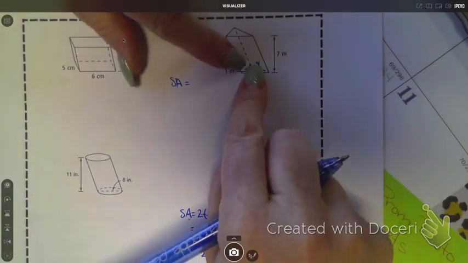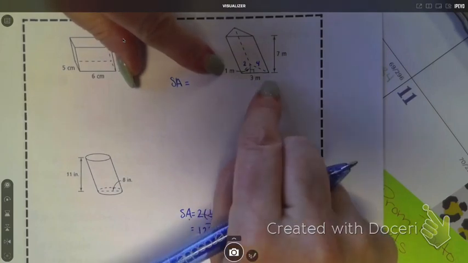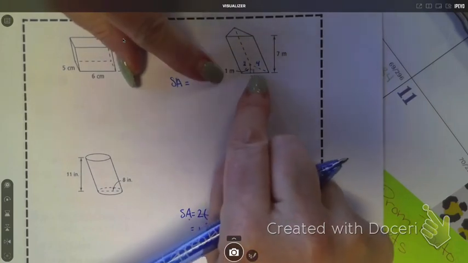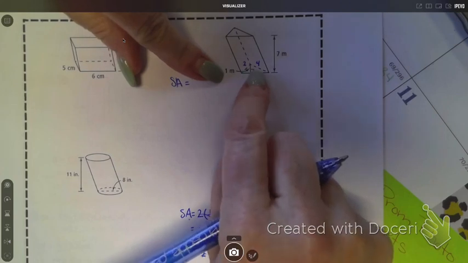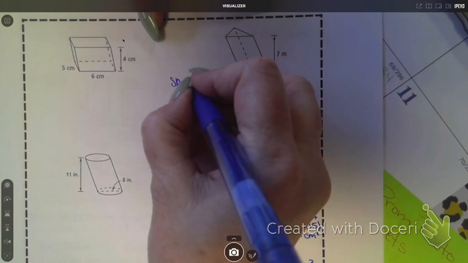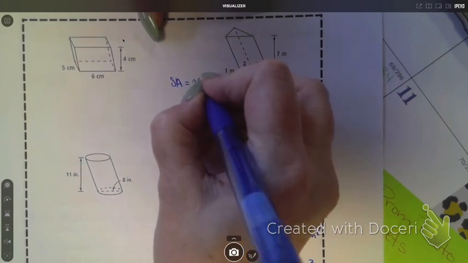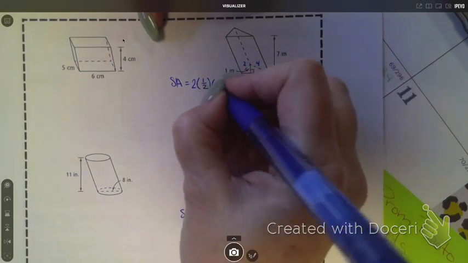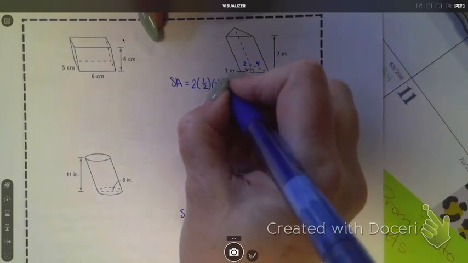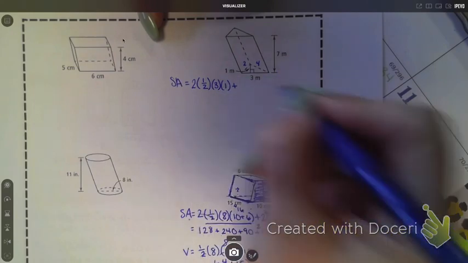So the height is 1 and the base is 3 because the right angle is always on the base, isn't it? The base and the height. So I have 1/2. What is the base? 3. And what is the height? 1. Plus